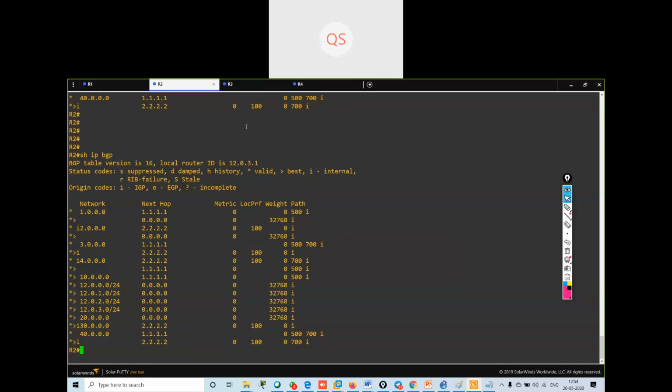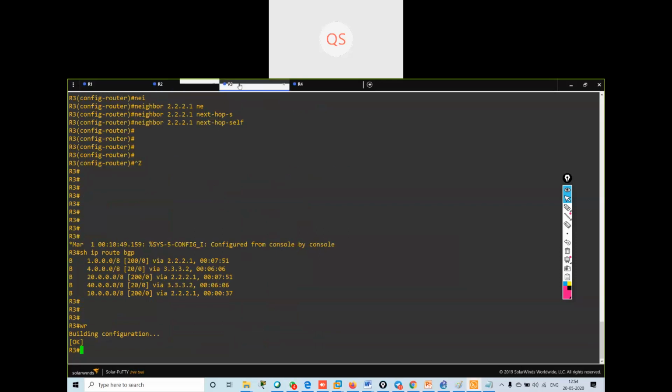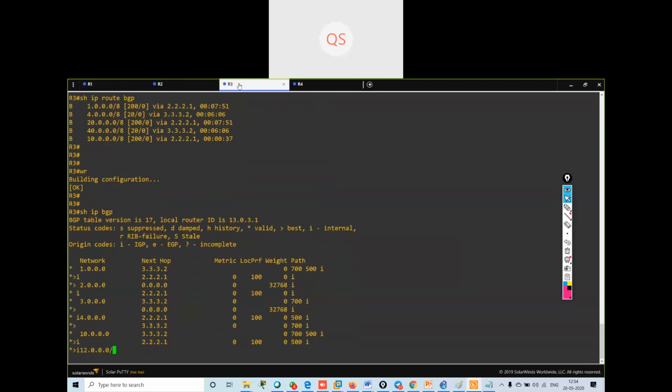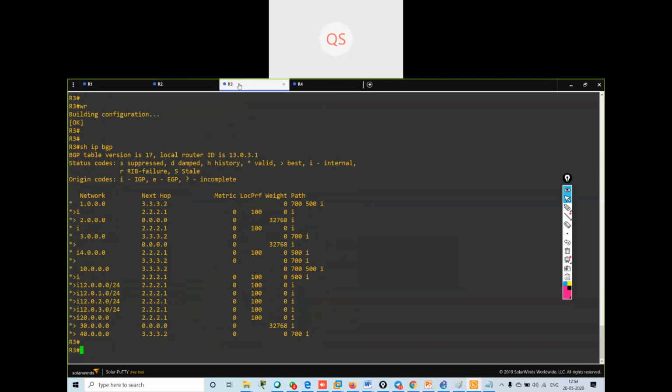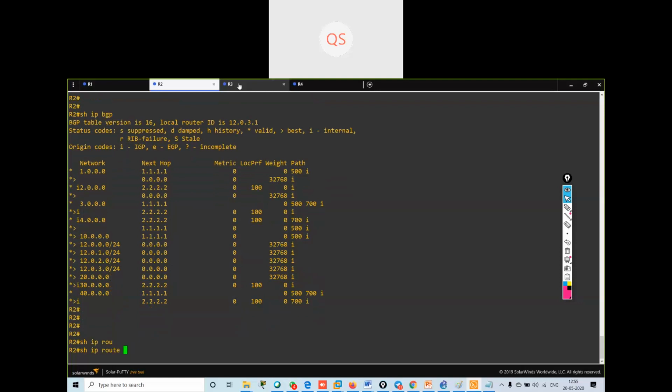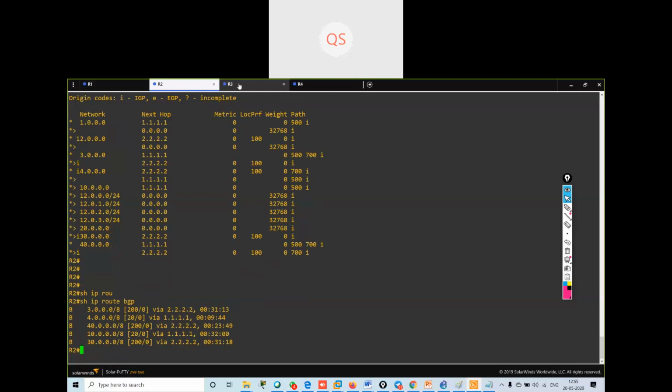And if I go on R3 and check show IP BGP, my 40.network is going via 3.3.3.2. On R2, this is my BGP table. But if I say show IP route BGP, I will have the 40.network and the route will be via R3 2.2.2.2.